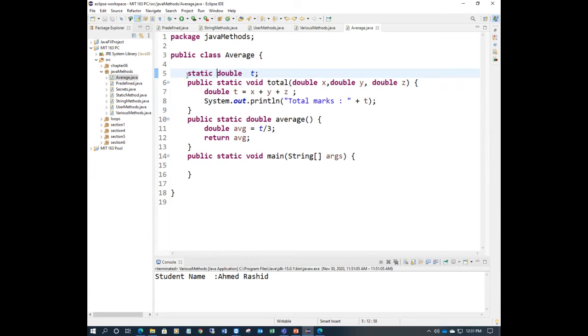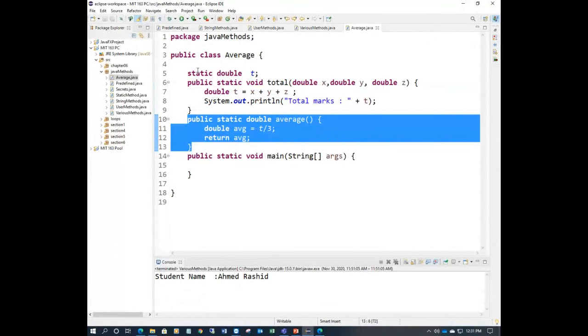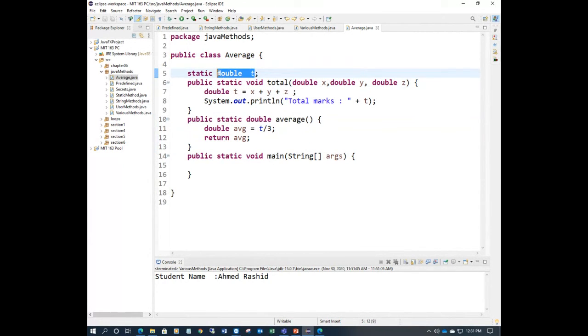The error is gone. So if a variable is used by multiple methods, here and there, and it is static, then it should be a static double. This is the t variable. I'm using the t variable outside this method, so I just remove this one here. Okay, got me?